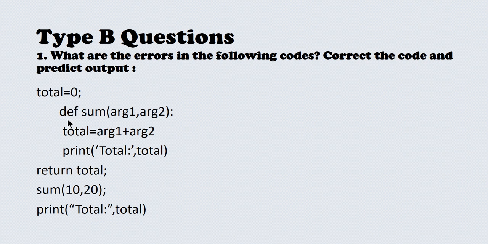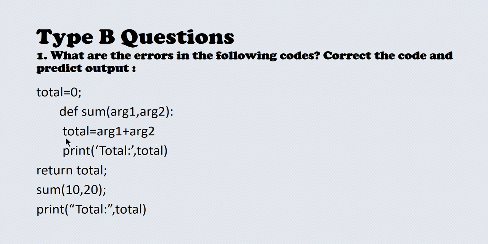So next one is function definition. So why is there an unwanted indentation? So indentation is not required here. It should be written in line with the total, so that is the error. So next one is total is equal to argument 1 plus argument 2. Okay, when you look at this you may not understand any error.